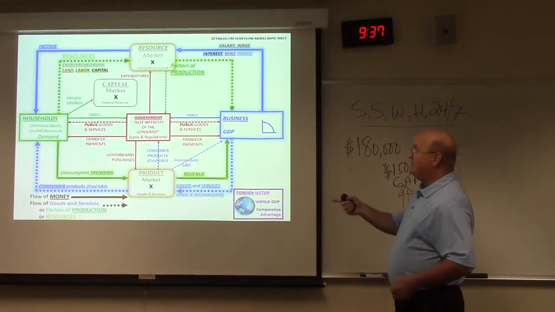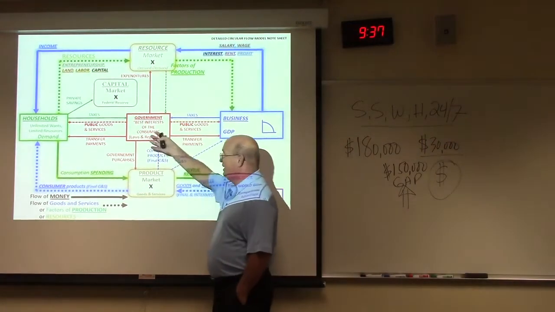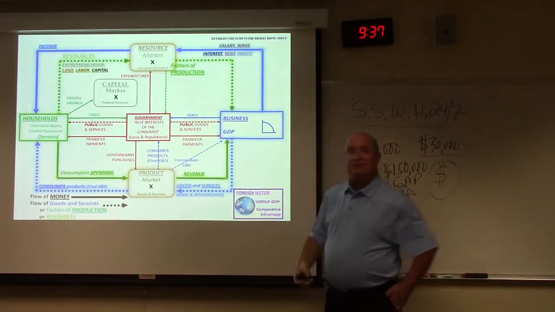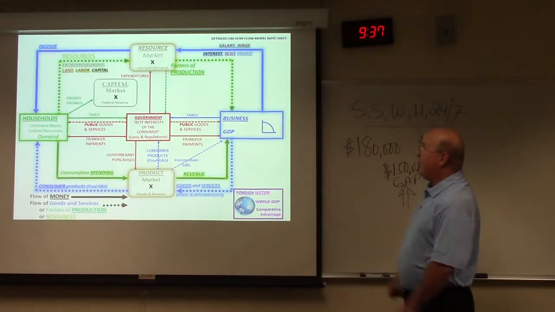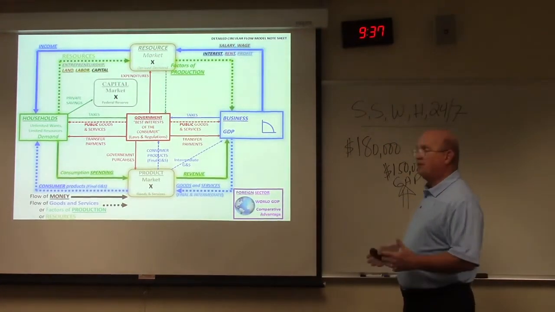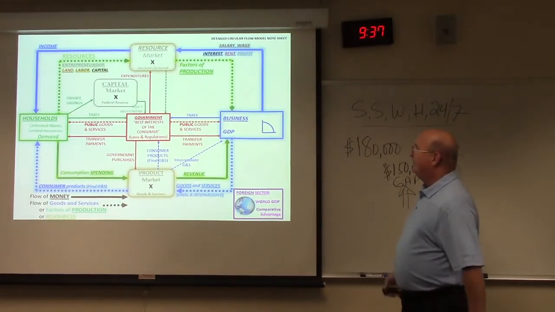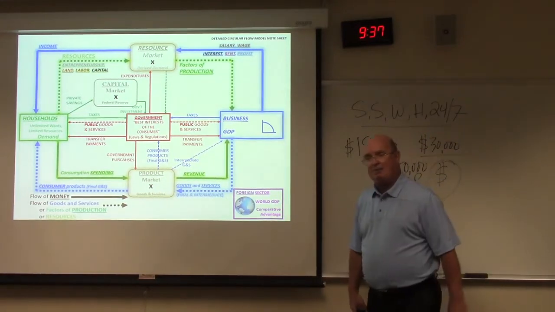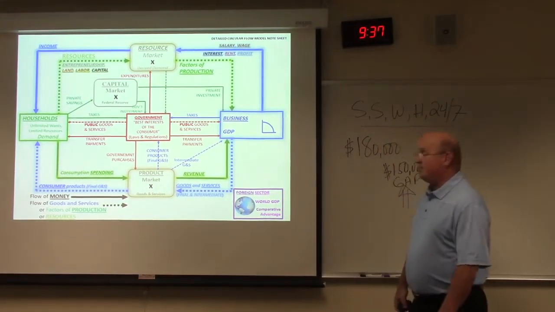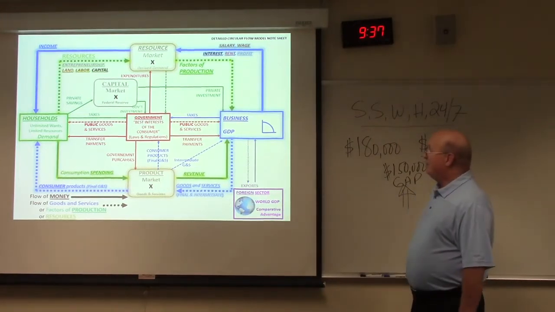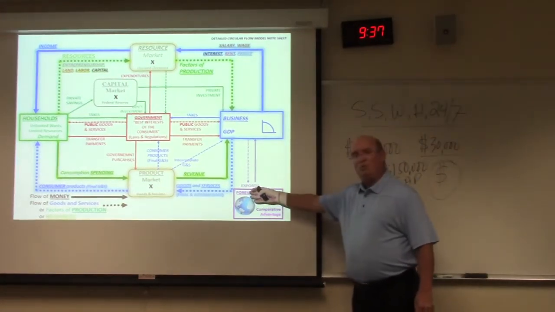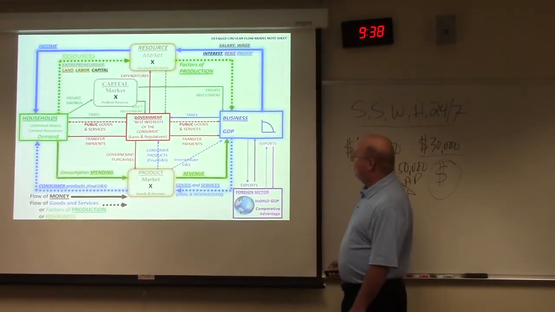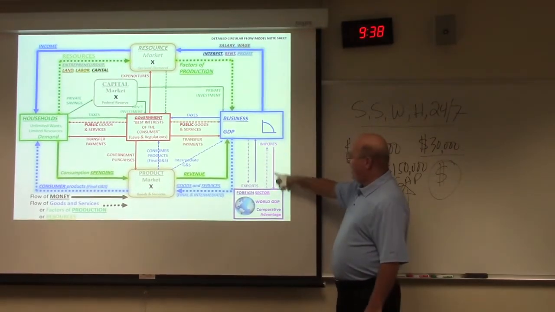Now, of course, the government does need to buy paper clips and everything else, and the government needs resources, people and those kind of things. So they go ahead and buy stuff from that market with, of course, our tax money. And then, of course, government does borrow money, so they have to take money out of the capital market. And businesses also borrow money. Then, of course, we have the rest of the world. We will give the rest of the world stuff as long as they pay us, or we buy stuff from them and we pay them.